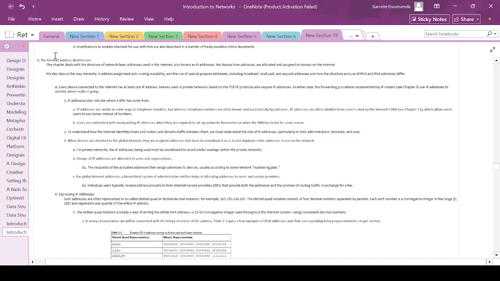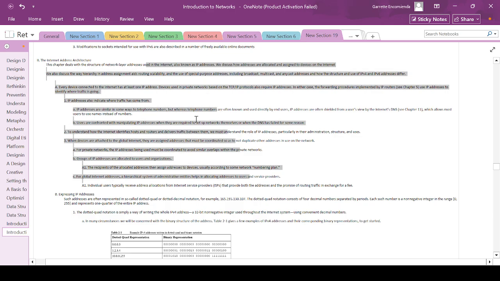The Internet Address Architecture. This chapter deals with the structure of network layer addresses used in the Internet, also known as IP addresses. We discuss how addresses are allocated and assigned to devices on the Internet. So in this chapter, we will discuss specifically the network layer part, how addresses are being assigned to devices